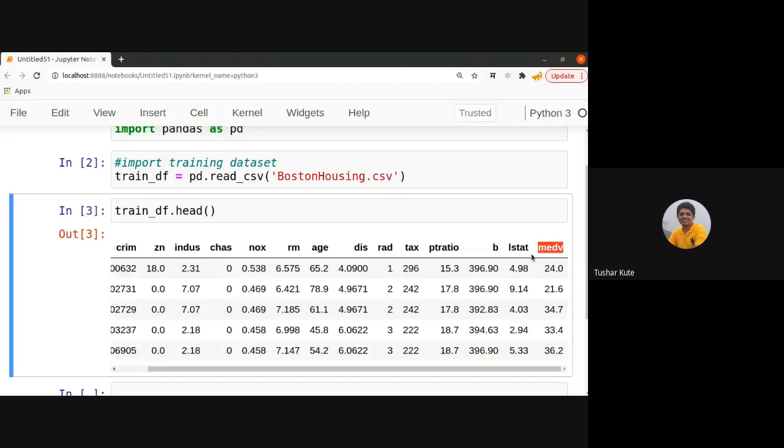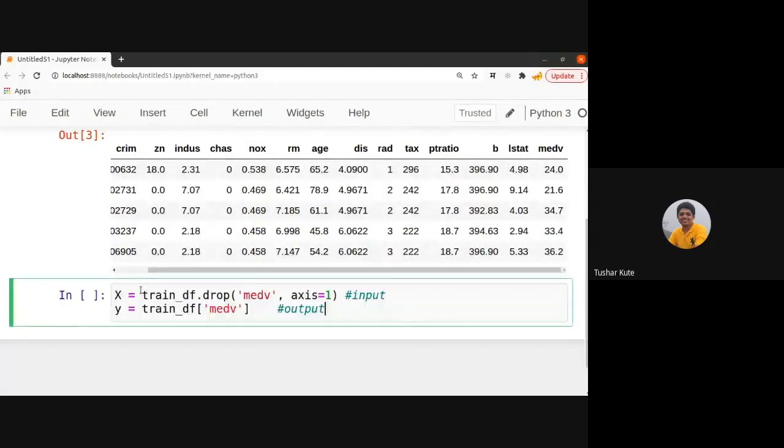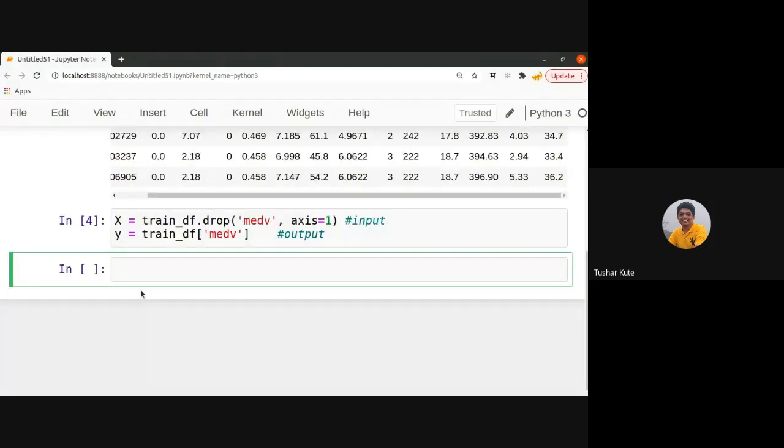Fine. Now let's build the linear regression algorithm, and then we'll talk about the accuracy of the algorithm on this kind of data. I am taking all other columns, every column as input, and MEDV as the output.